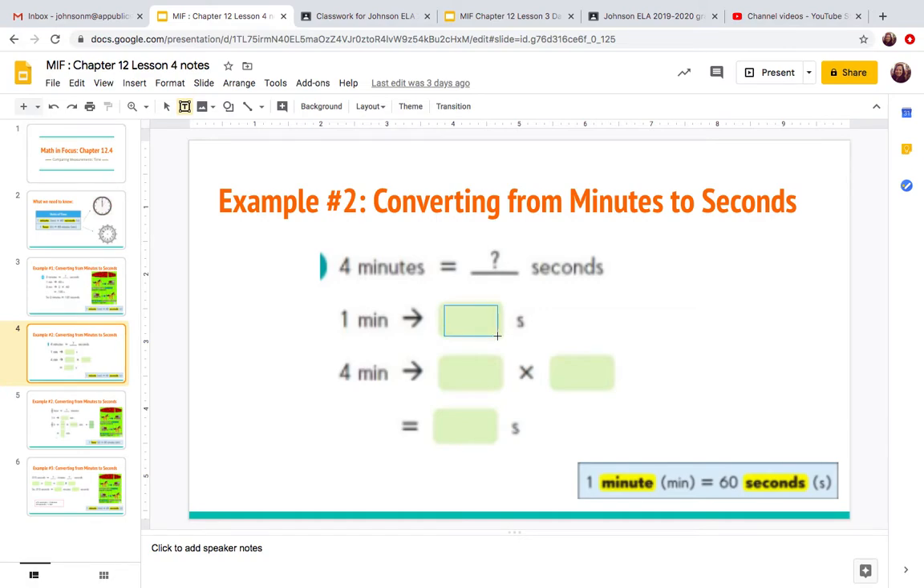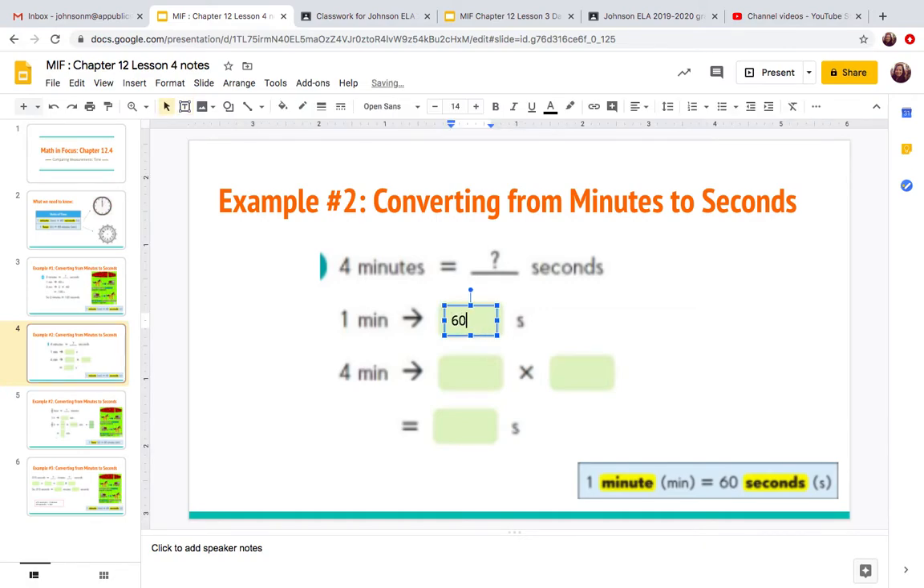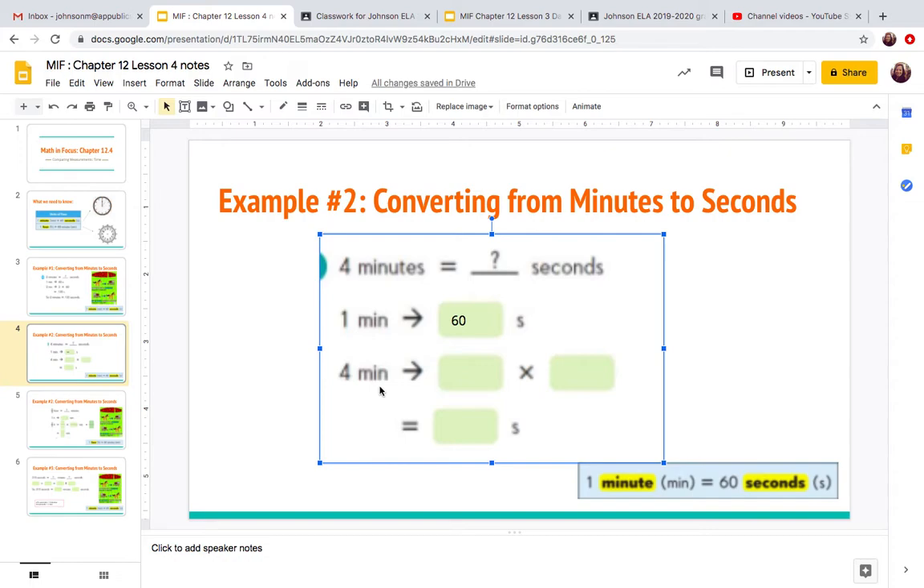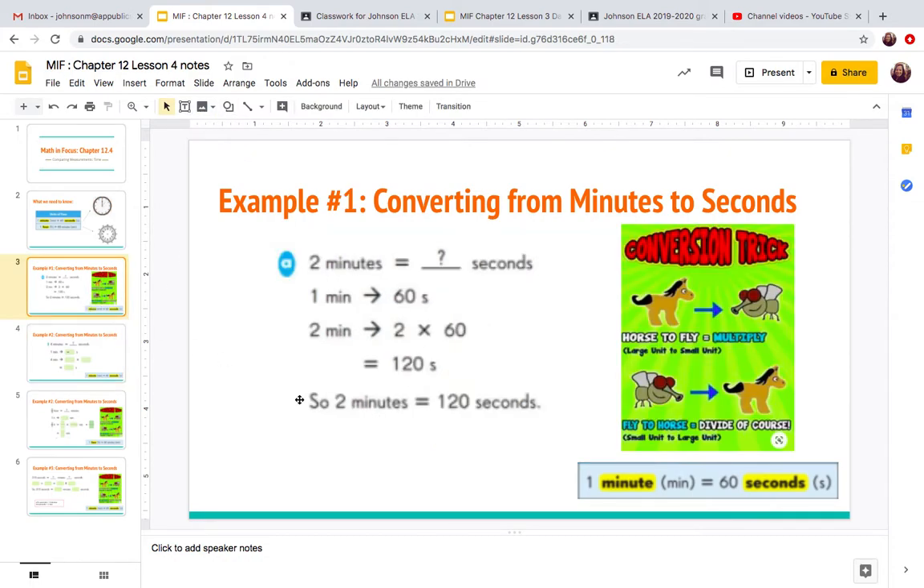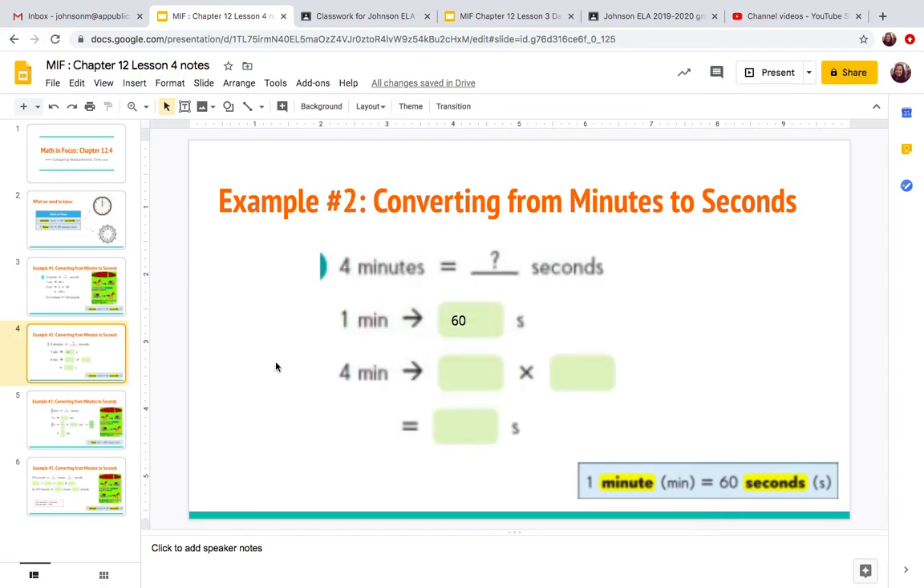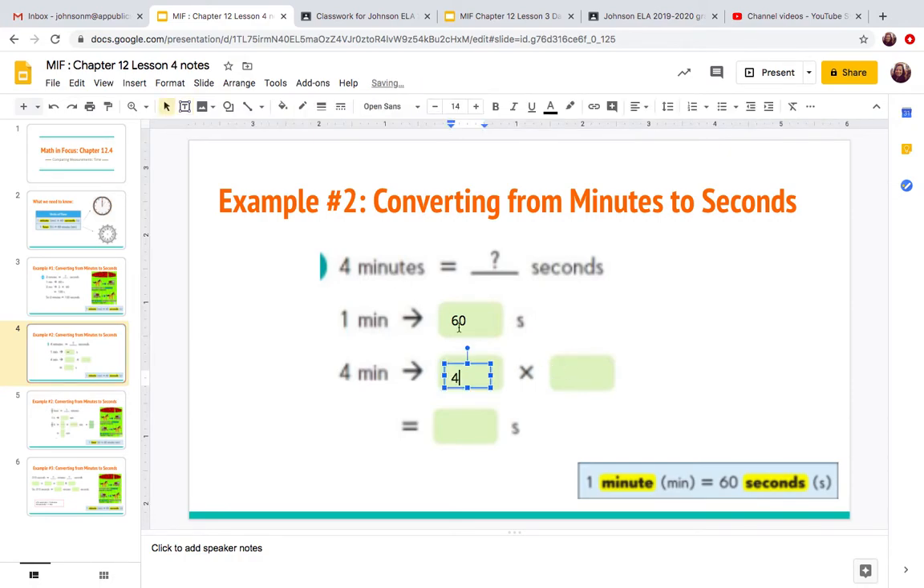I'm going to write down what I know. In 1 minute, there are 60 seconds. So in 4 minutes, okay, horse to fly, multiply. Okay, same thing. I'm going from something big to something small, minutes to seconds, horse to fly. Okay, so I can take my 4. I'm going to rewrite that down. So let me do 4 times,